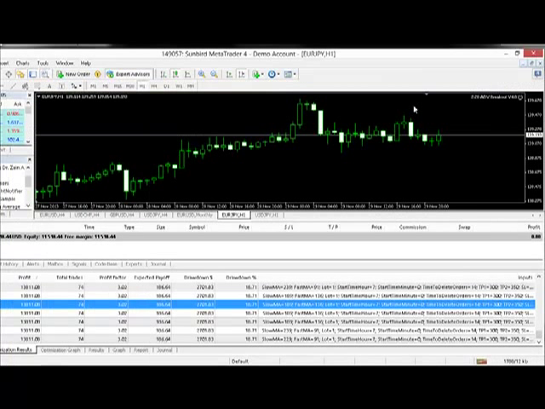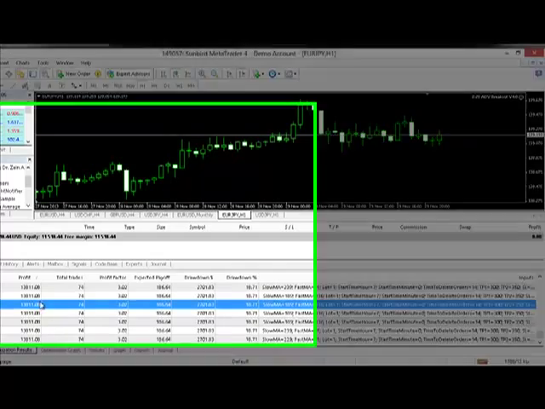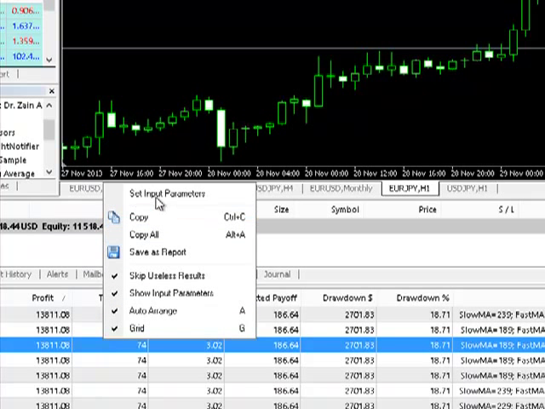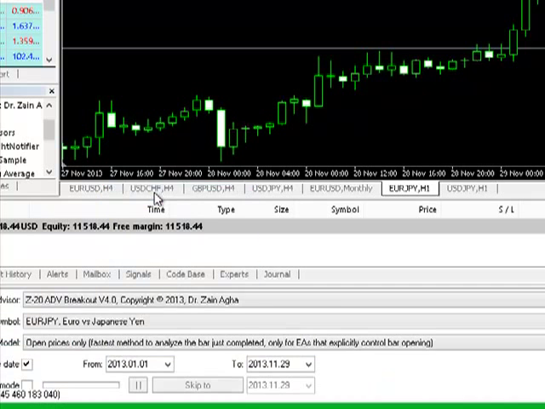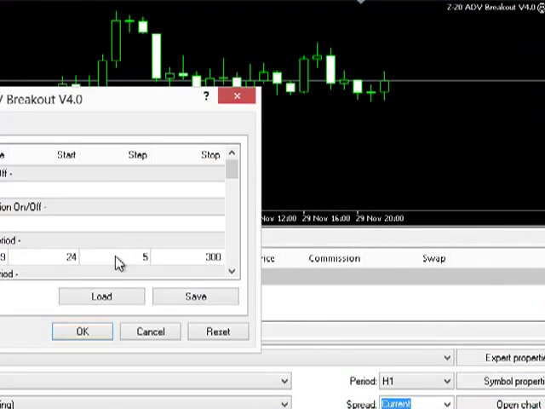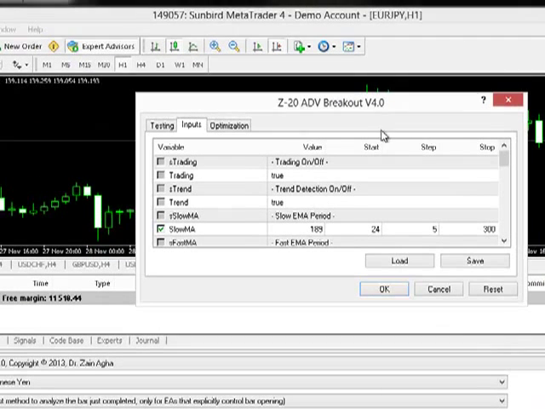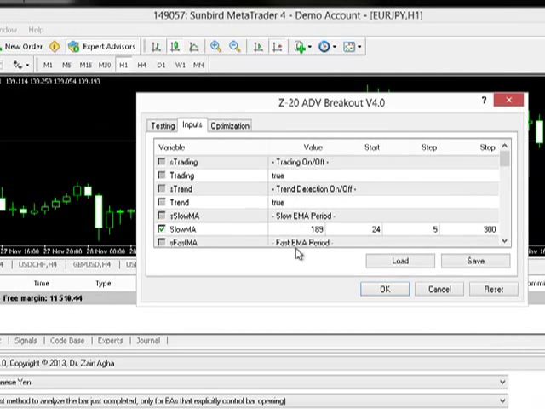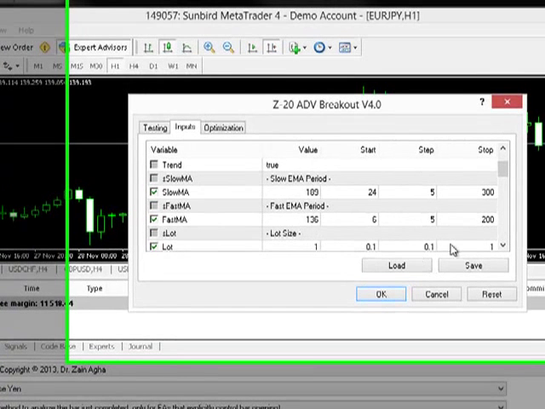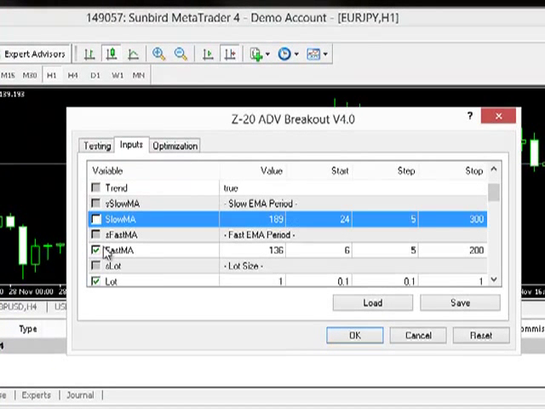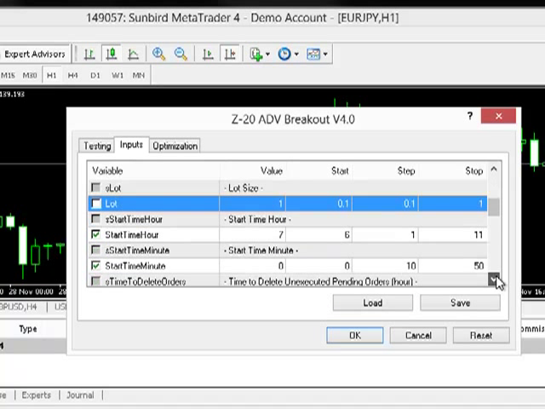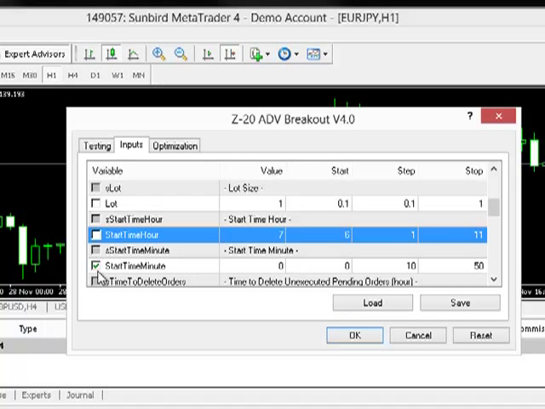Okay, now what we will do, if we have selected this one, we right click and then we go to set input parameters, click on this. Now it is all set here. Okay, so it's set for you at 189, and then we have got 136, and then you remove this, remove this, remove this, because now you're going to test 7 o'clock in the morning instead of 9,